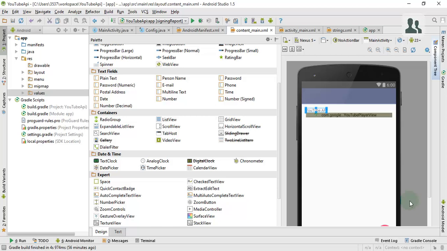You require to download the YouTube API from its official page. You can find the links in the video description, and you need to register this particular project in the Google console to get the YouTube API enabled and to get the exact API key regarding your project, so you can use the Google service, that is the YouTube Data API. So those are the two basic requirements for this YouTube integration, and that is what I am also going to discuss in this video tutorial. So let's start with the